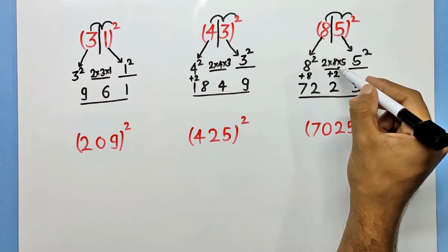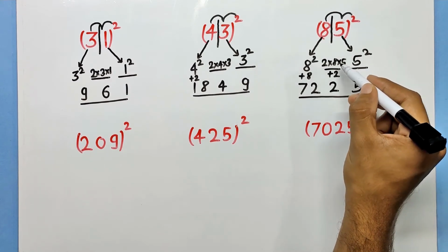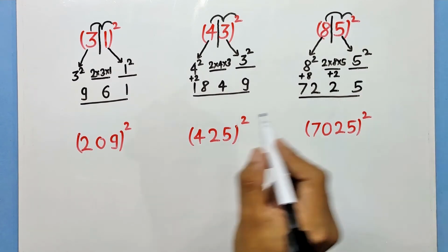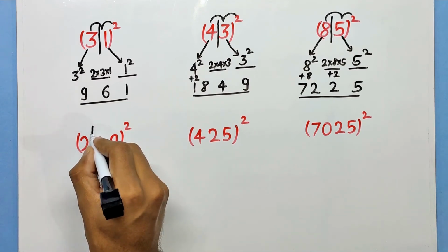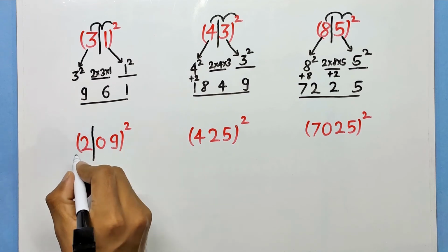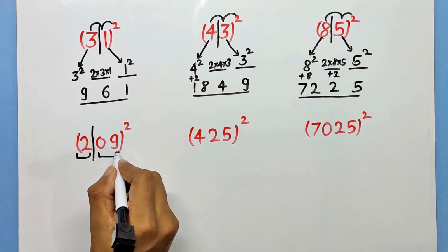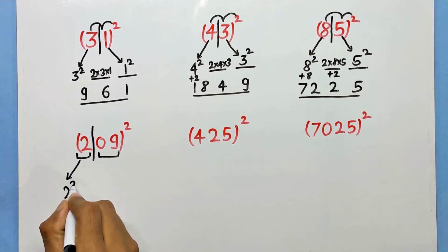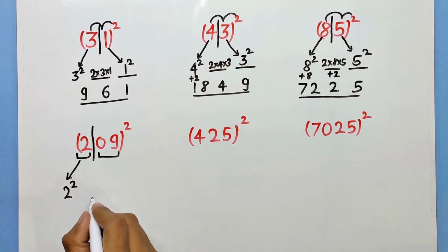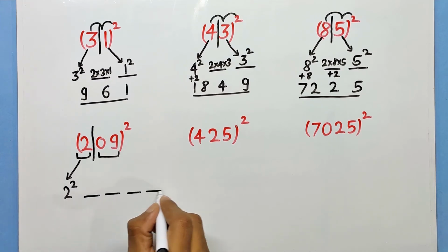Now you just have to note, in both of these places you are allowed to write only one number. The other number will be carried forward. Now let's find the square of a 3-digit number. So you have to make two parts such that only one digit will be here and the other digits will be on this side. So let's square this 2. And now we have to make place for 4 digits. 1, 2, 3 and 4.